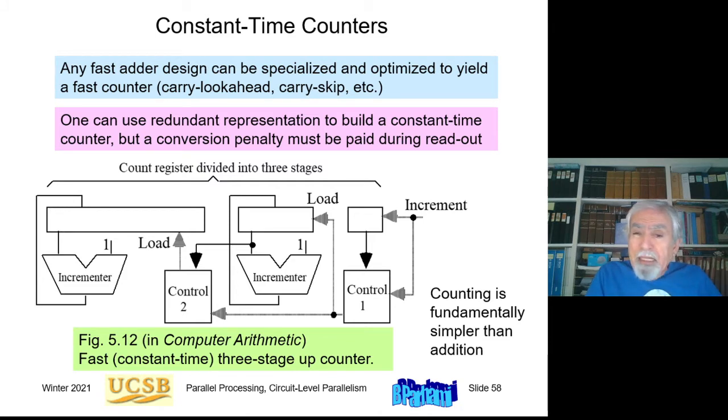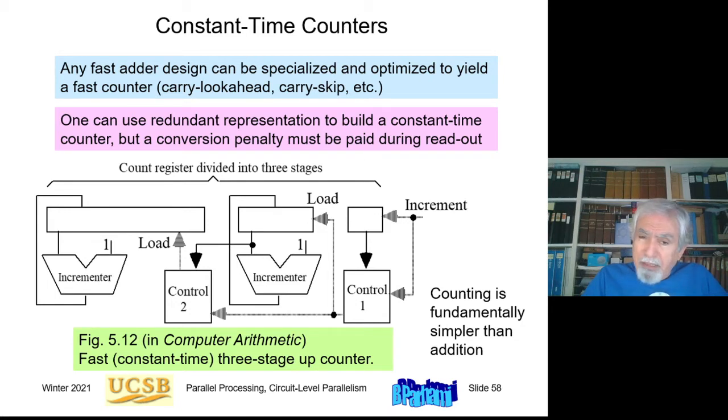However, addition is a fundamentally more complex operation than counting, in the sense that to add k-bit numbers, even if one of them is the special case 1, in the worst case generates carries across the word, the k-bit word, from bit 0 to bit k minus 1, and therefore it takes logarithmic time to